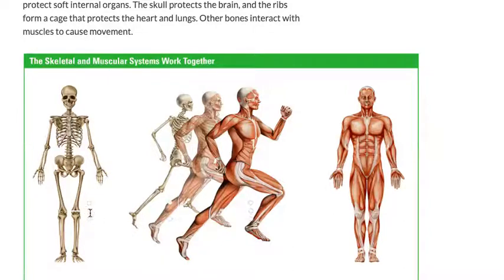Let's see if I can type that out. ACL. The L in ACL, around the knee, stands for ligament because it's connecting at least two bones to each other, right? The femur, the upper thigh bone, and then your lower leg bones right here, the tibia and fibula. And so